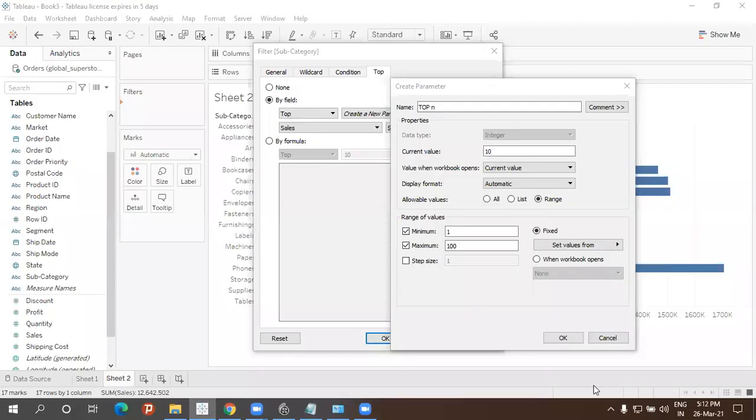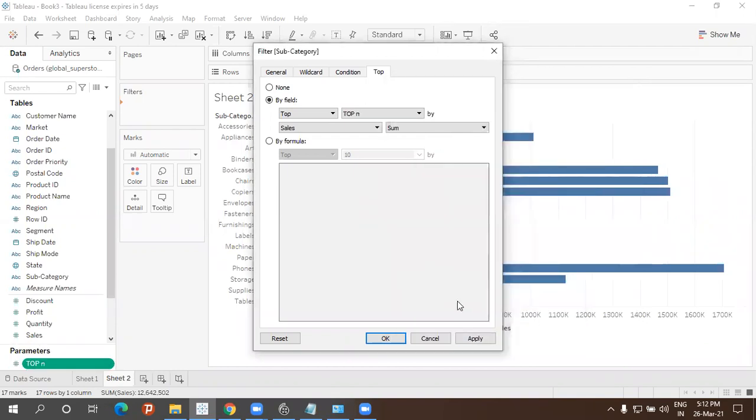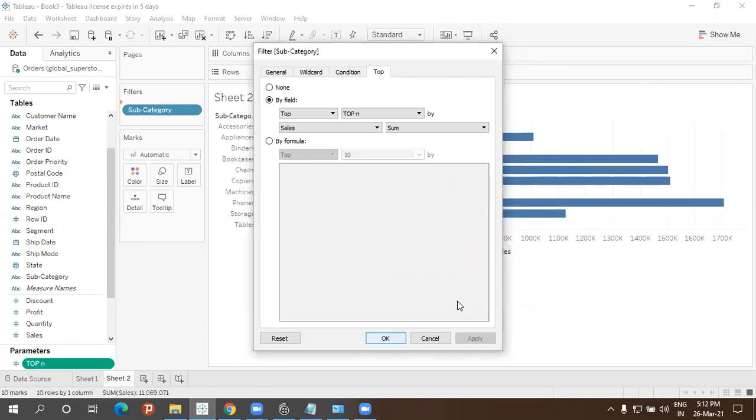Dashboard where I'm going to create a small dashboard on the right side. That dashboard I want to be from 1 to 10. That's only that much. I don't want from 1 to 100. So this time, what I will do, I'll make this minimum 1, maximum 10. Only that much, 1 to 10. Okay. So then click on Apply and click on OK.